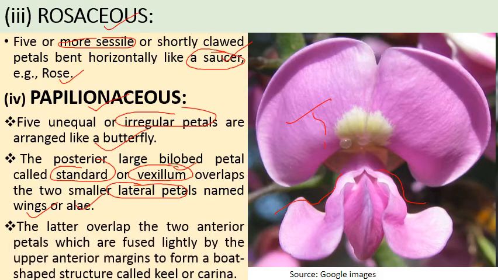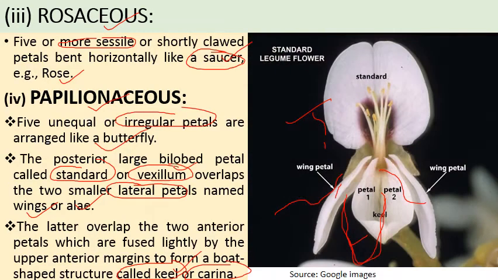Then these 2 lateral petals overlap the 2 anterior petals, which are fused slightly by the upper anterior margins to form a boat-shaped structure called the keel or carina. So this is the photograph which shows this